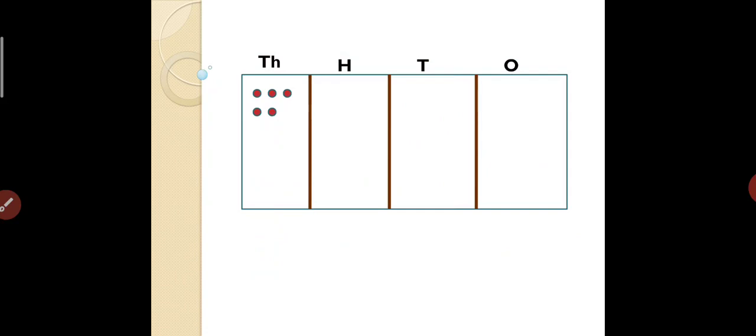Earlier the number was 5. Here instead of 5, I have drawn 5 dots. Come to the hundreds place. The number was 7, so here we are making 7 dots. Then the tens place, what is the digit? We have 1, so I made only 1 dot there. And in the ones place, we have the number 6 and I drew 6 dots.